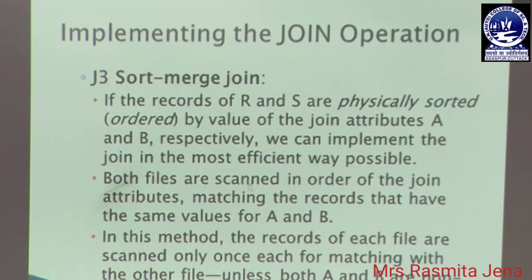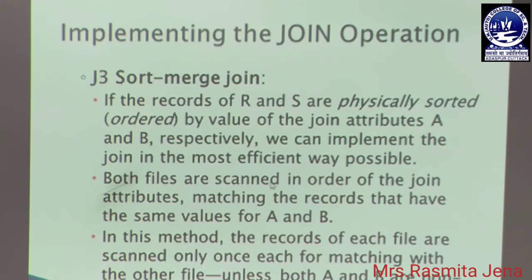So, this is the third case of join operation, that is the sort merge join operation. If the records of R and S are physically sorted in order by the value of the join attributes A and B respectively, then we can implement the join in the most efficient way possible.